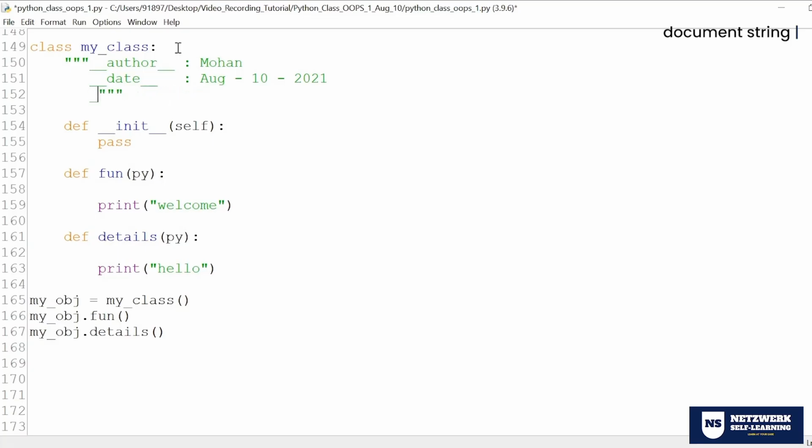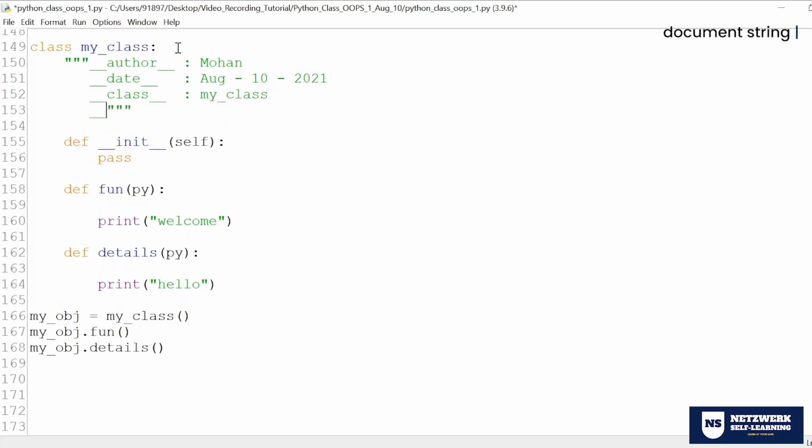Any template. Something, some history about the class. You might be wondering, sir, what is the purpose of this document string? Am I going to use all this stuff?